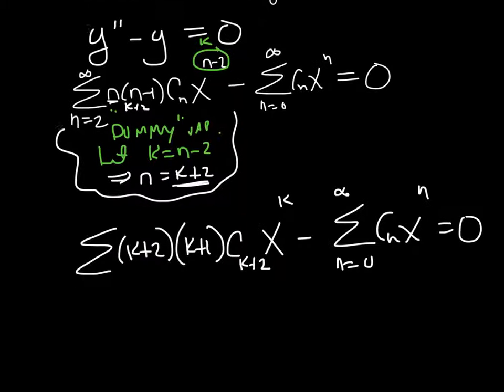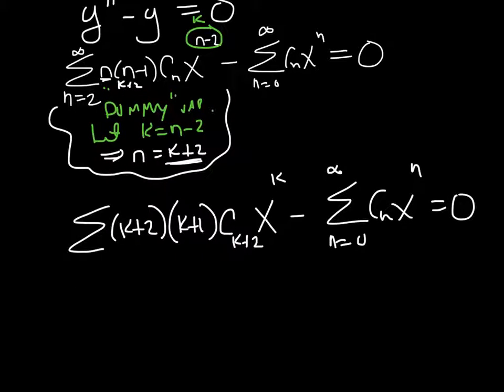Okay, so I'm using again a dummy variable, a placeholder variable. So now I have x^2, one term, x to one term. Oh, and actually I forgot to change my indices to k. So I started with n equals 2. Well, if you substitute 2 here, 2 minus 2 is 0, so you have to start at 0 to infinity. And again, if you are still doubting that this series is the same thing as this series,